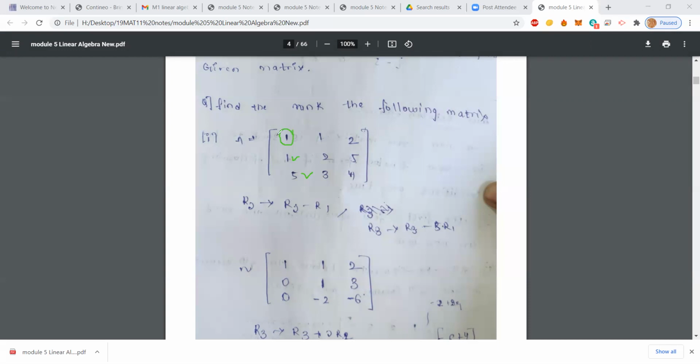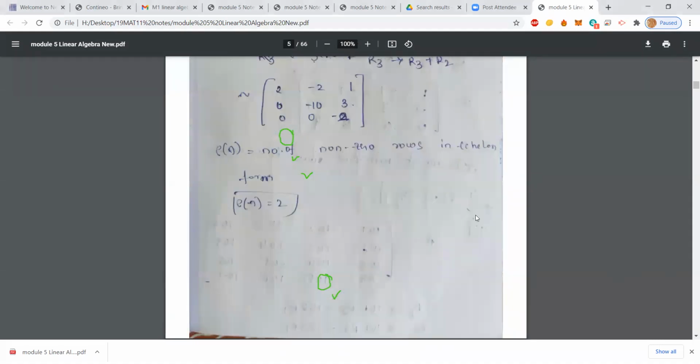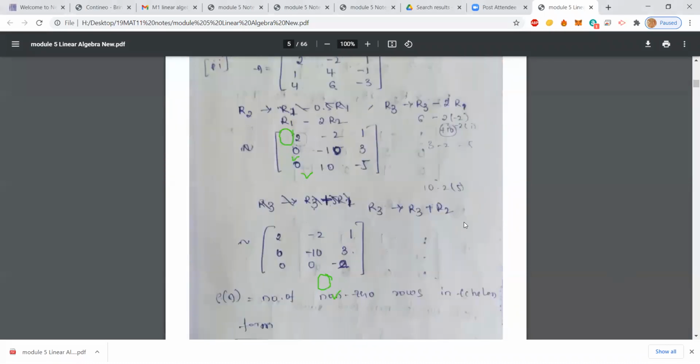So I have used this element 1 to make this 1 and 5 into 0. Next, you need to use this element 1, the second element in the second column, to make this minus 2 a 0. So R3 should be replaced by R3 plus 2R2. So the resultant will be,